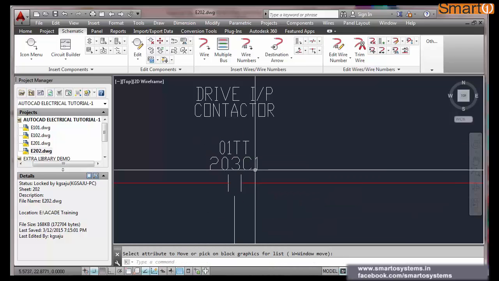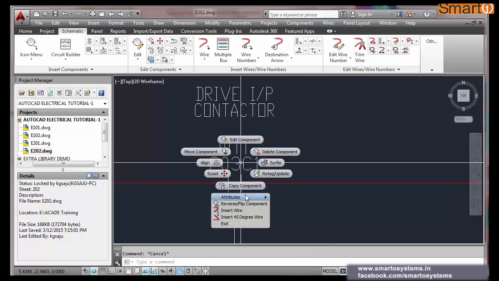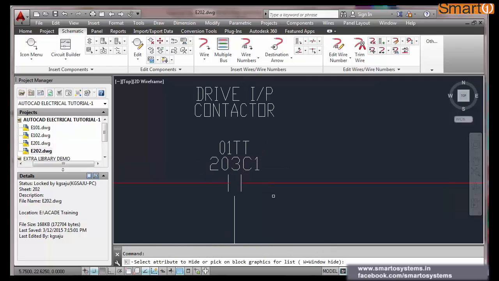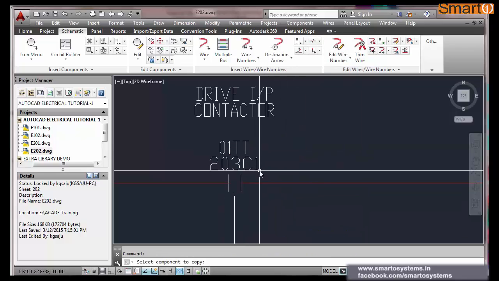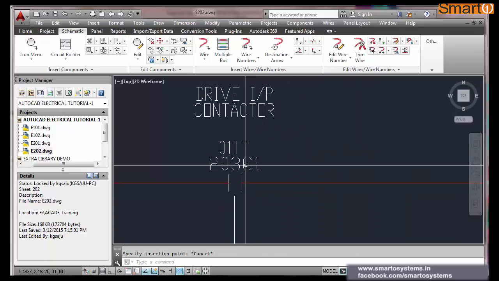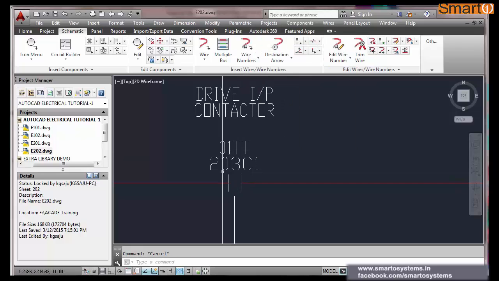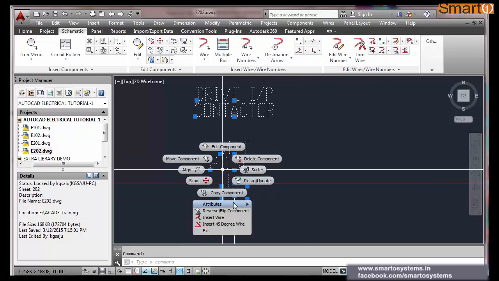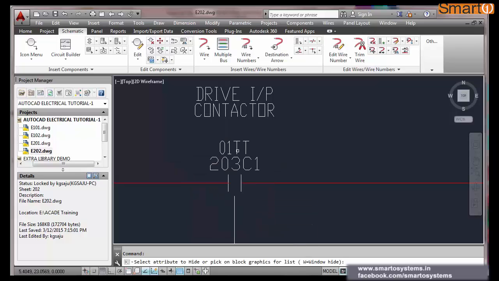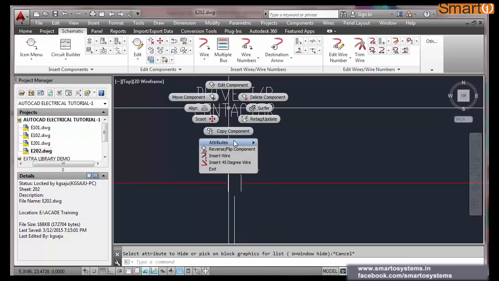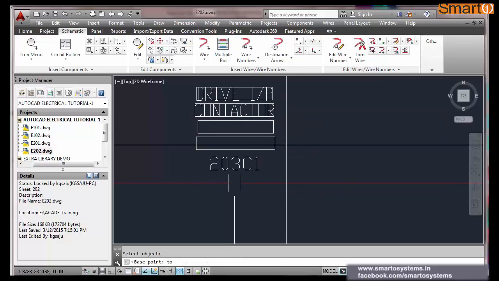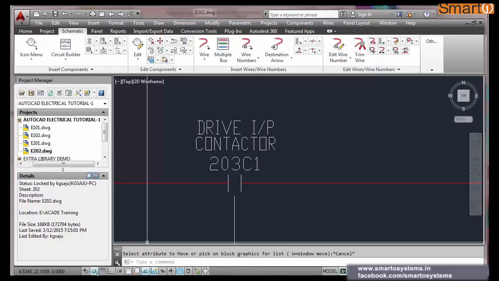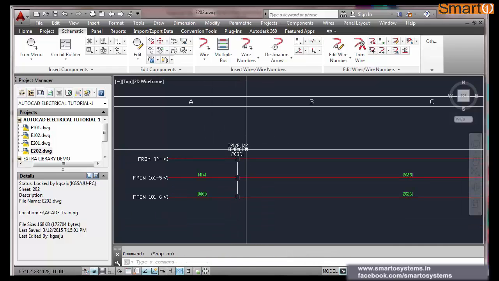Hide attributes. Sometimes this OSNAP will disturb you. Add attributes, move attributes. You can move these a little bit here. Fine. Again OSNAP 1. Always try to keep OSNAP 1.